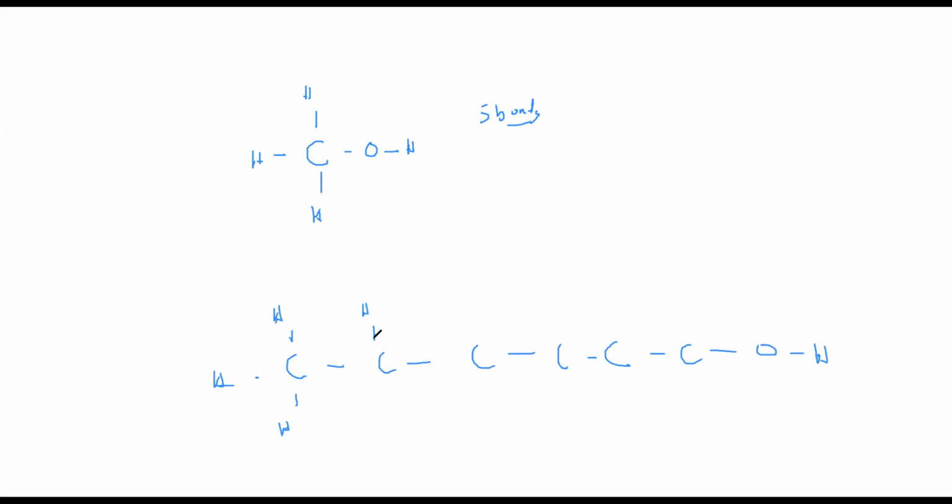Why does the substance not dissolve in water? Because dissolving refers to the mixing of the particles or the molecules. This molecule is larger in size. So when the molecule is bigger in size, it cannot fit between the water molecules. So as it cannot fit between the water molecules, this will be insoluble and this will be soluble. So the solubility of covalent substances depends on the size of the molecule. If a molecule gets bigger or larger, then the solubility will decrease.